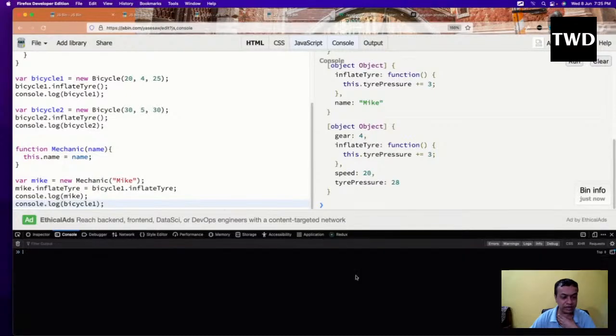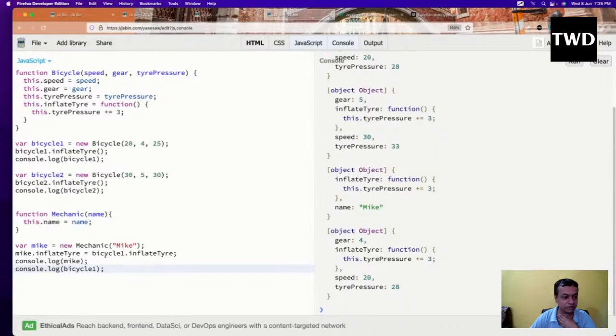So how to inflate the tire from Mike? For that, what we have to do, because Mike doesn't have something as an inflate tire. This inflate tire function is only in the bicycle. So this thing can happen like if you go like